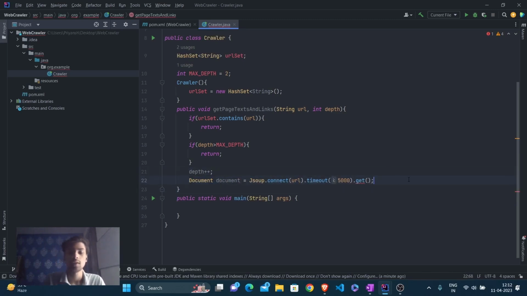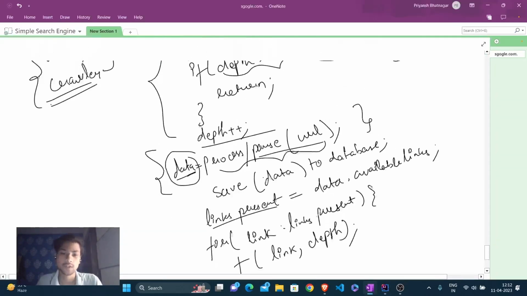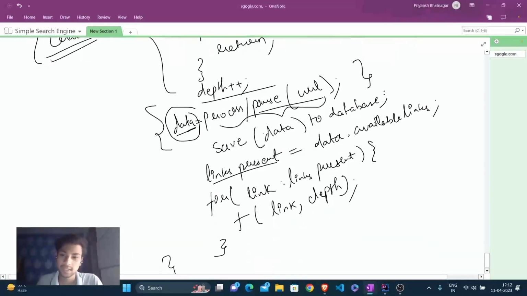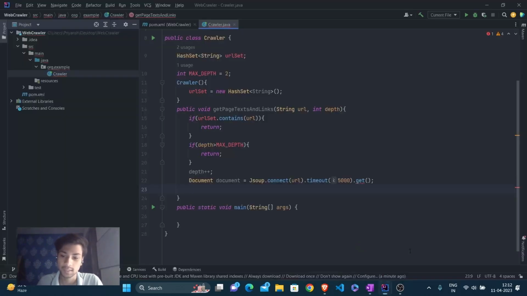Fine. Now as we have got a Java object, we can save it to the database, and that work is for the indexer, right? That is for the indexer. Now let's leave it for the indexer here. Let's put a comment for it: Indexer